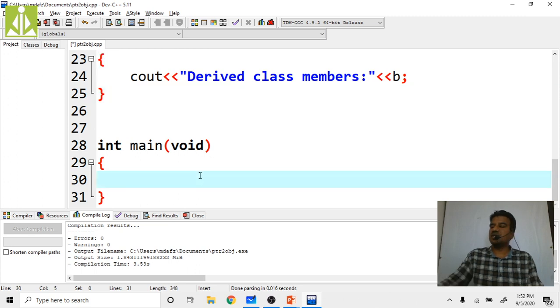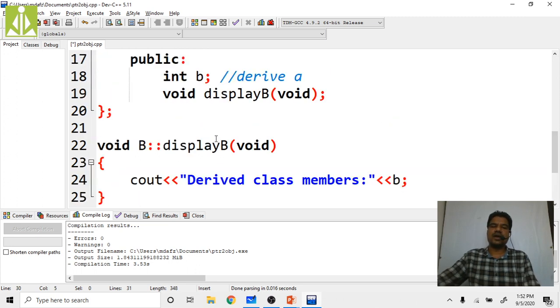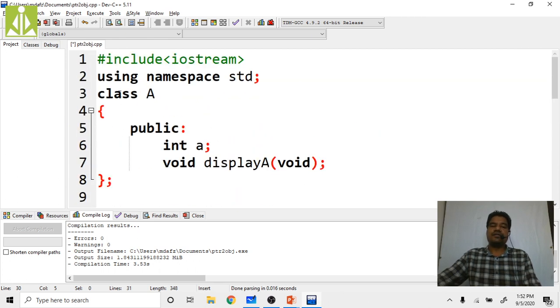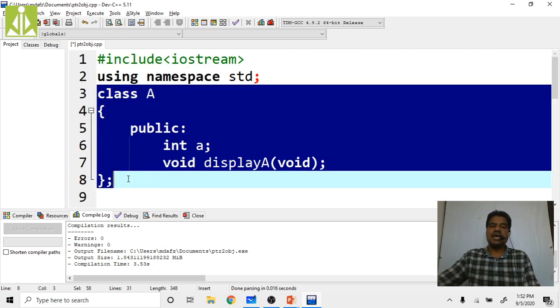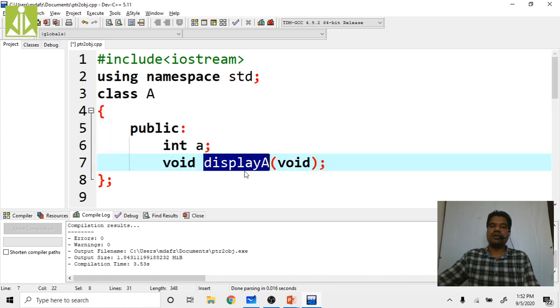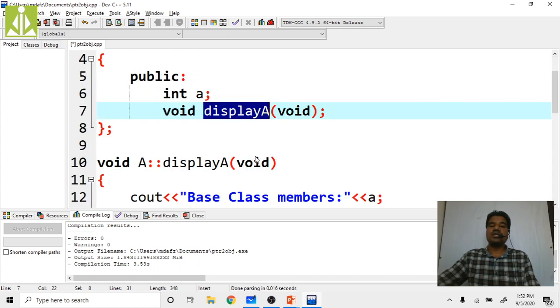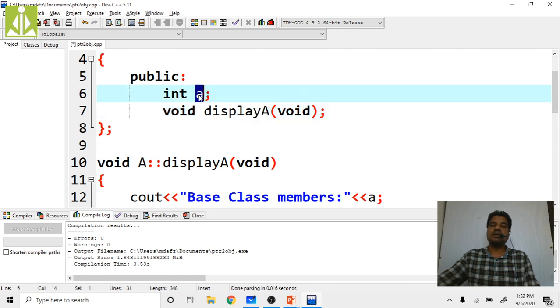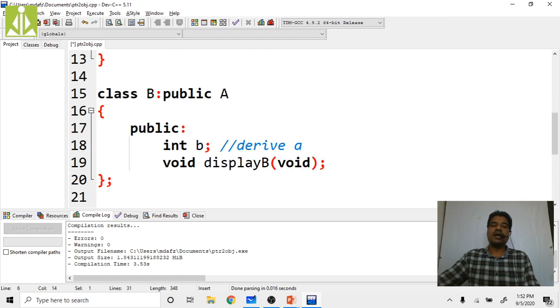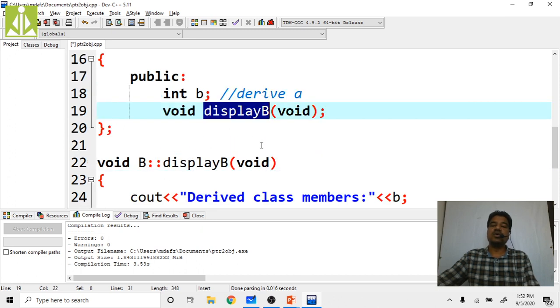Inside my main function, once again, if you want to have a review, quickly we'll have a review. I have taken one simple class, class A, with only one public data member A and one public function, displayA. This displayA function is printing the base class data member A on the output screen. Then we have declared another class, B class, and in it one public data member B and displayB. This displayB function will print the value of B on the output screen.